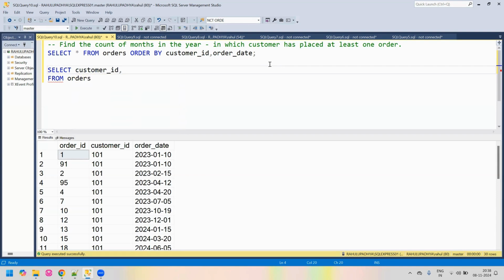So for every customer, from the order date, we are going to derive the year using the year function, and let's call this column YR. Similarly, we are going to fetch the month of this order date using the month function. Let's call it MTH. And then we can just group by customer ID,